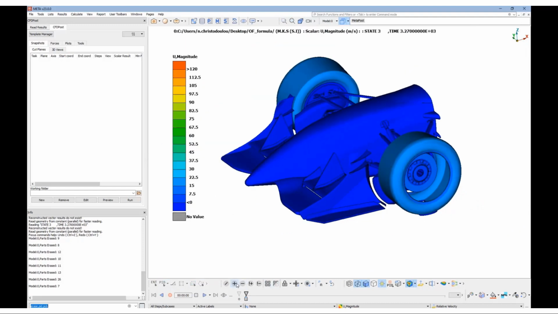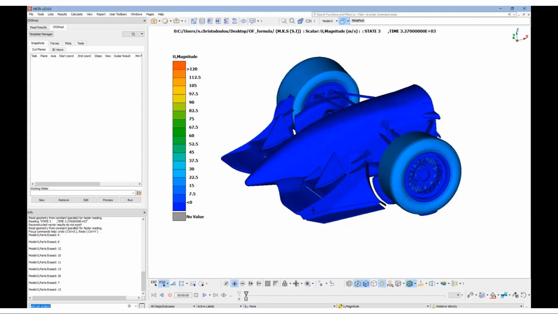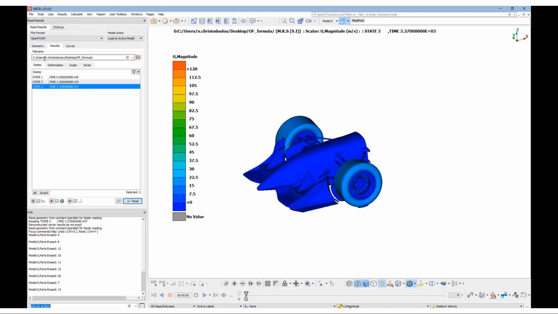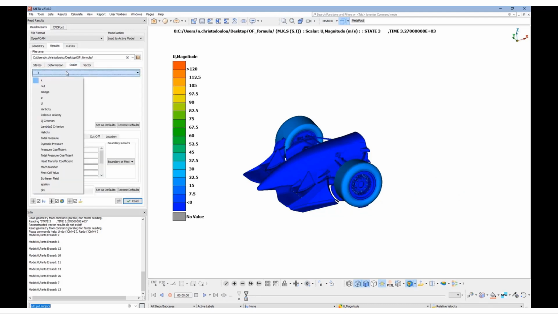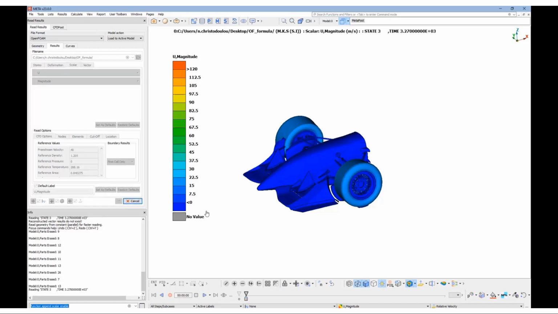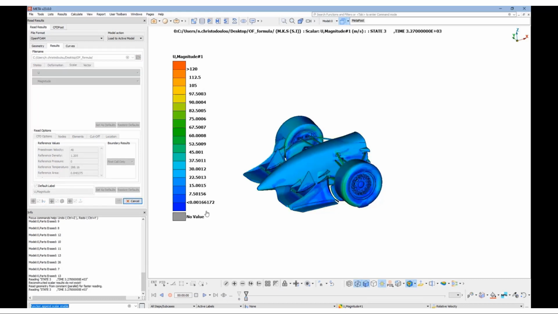However, there's another option that we can read any scalar result, like now the velocity magnitude, by reading not the wall value, but actually the value that is on the first cell, the first layer. We will read it now using the standard read results and not the results template.